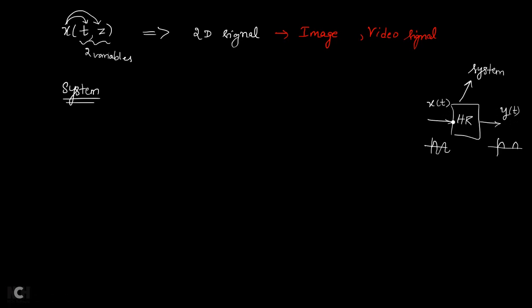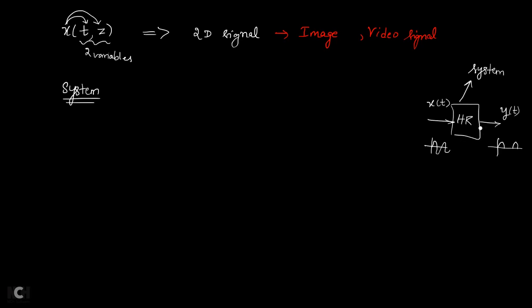It takes an input signal and gives an output signal. To give the output signal, it should perform some function on the input signal. Here, as an example, what is the half-wave rectifier performing on the input signal? It is performing rectification. The negative cycles are removed. That is its function, the function of the half-wave rectifier system.